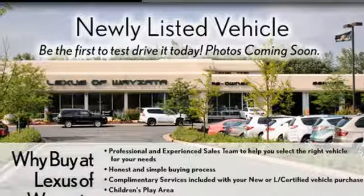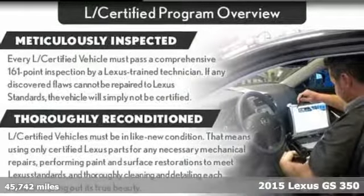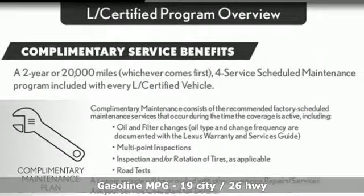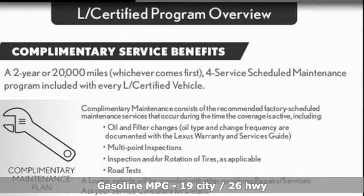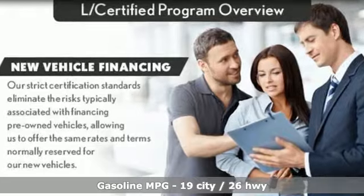It's a 2015 Lexus GS 350. Its seductive elegance will take hold of you. Its performance will whisk you away. You'll look forward to every drive with features like these: integrated navigation system with voice activation, dual zone climate control,